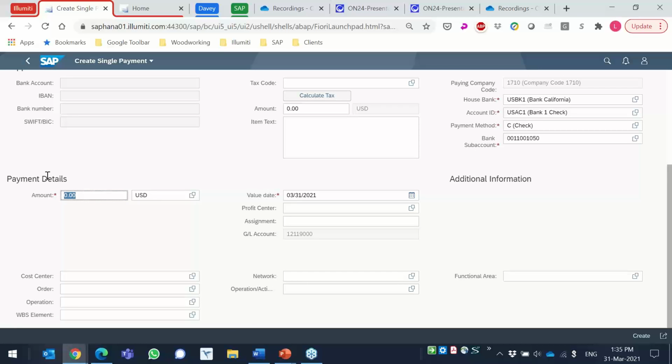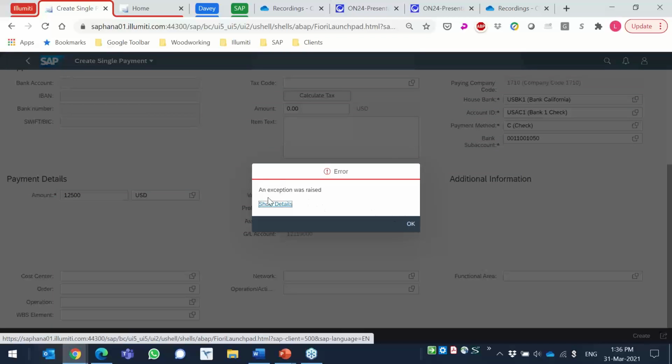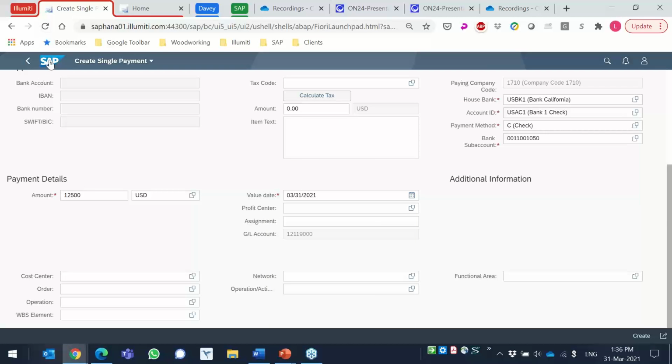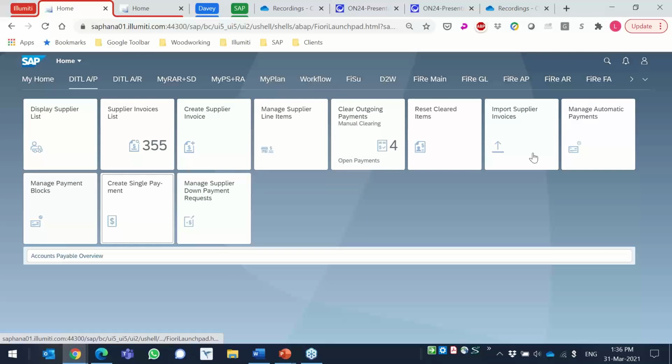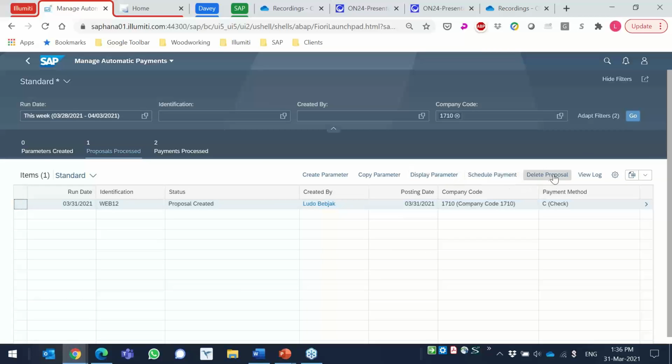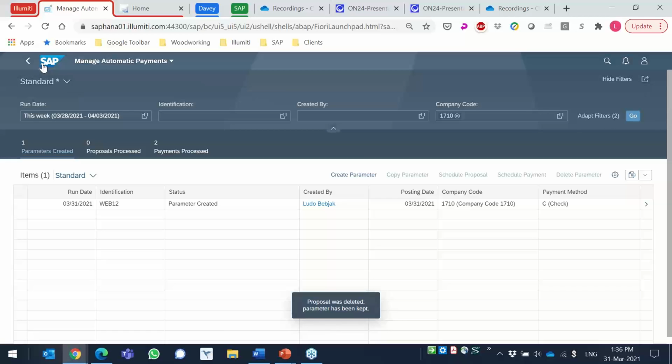Then the amount I want to say is 12,500. And then what else do I need to do here? That's probably it. If I'm authorized to do so, of course, I will create it. Exception was raised. So what did I do? Oh, okay, so the vendor is contained in the proposal. If I want to create a new single payment, I need to come back, delete this, delete the proposal,